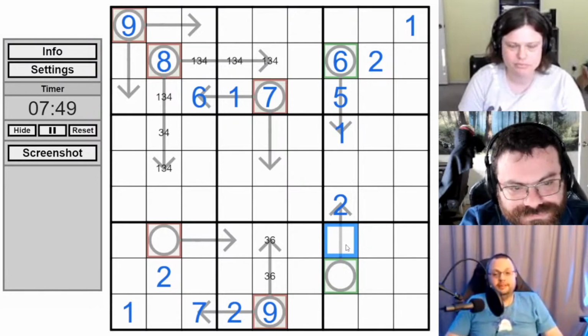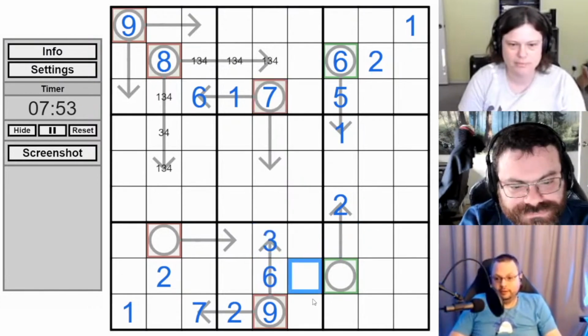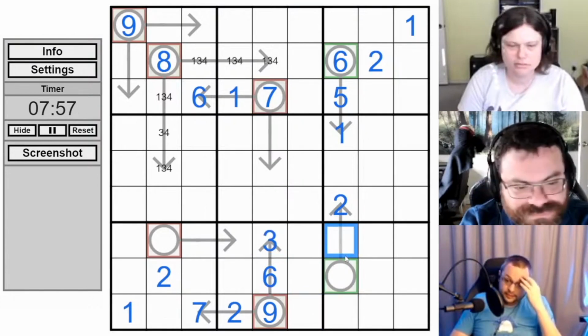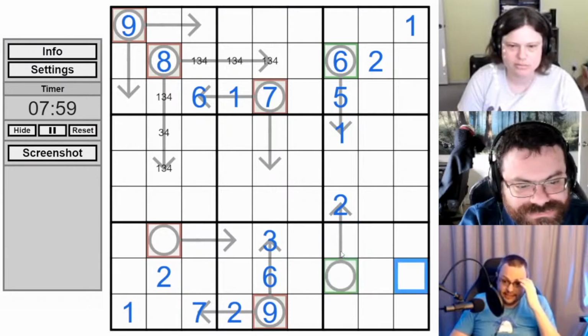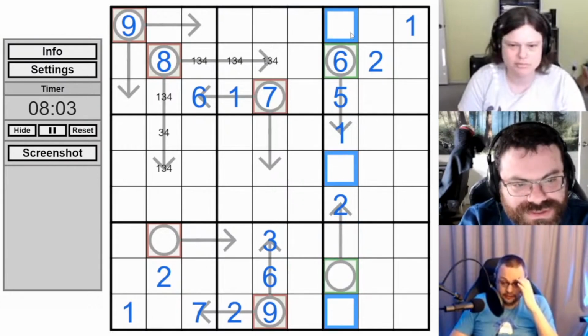So we should fill in that the 7 in column 5 indexes the 3. So we know the 3 and the 6 disposition. Oh yeah. And this is indexing the 8, and the 8 certainly can only go in row 8 or row 9. So we can't put the 8 there. That would put a 1 here.